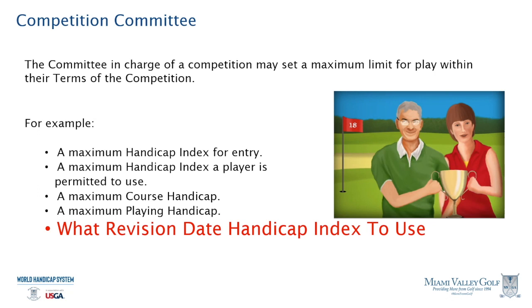So let's think about this from how many events you have a minimum handicap index to reach, maximum, whatever the case may be. I would say some of you have this, you might not have more than an 18.0 from a member guest. All that needs to be calculated into what you're putting out towards the folks that are playing. And then as far as what revision date index to use,